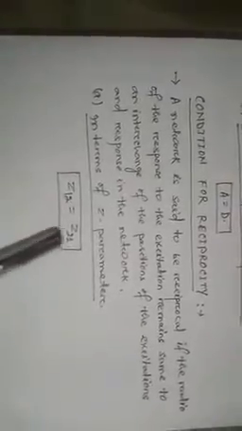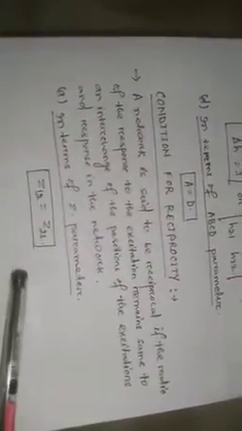If you calculate in terms of z parameters, z12 is equal to z21. You see here the symmetrical condition is z11 is equal to z22 and the reciprocity condition is z12 is equal to z21. Similarly, in terms of y parameters, y12 is equal to y21. That is the reciprocity condition.